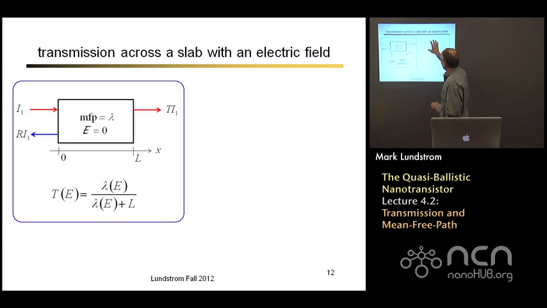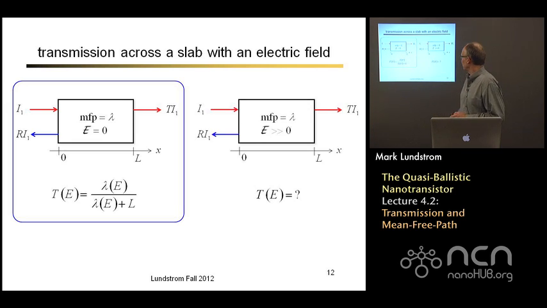Okay. So we have discussed this easy problem when the electric field is 0. And we've got a very simple answer, and we've defined our mean free path in such a way that when the length of the slab is 1 mean free path long, the transmission is 50%. That's the way we've defined the mean free path for backscattering. But now we need to ask, what happens if there is an electric field in this slab? This is like a MOSFET channel under